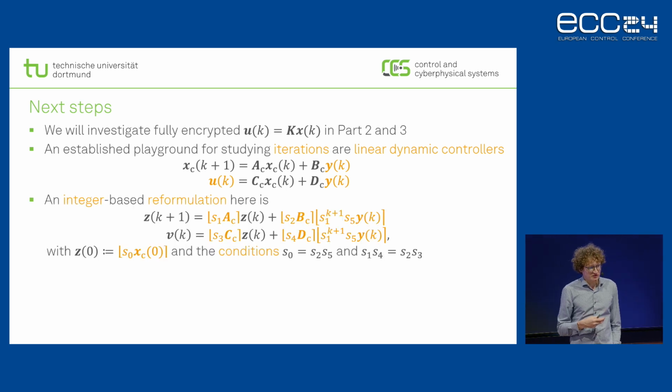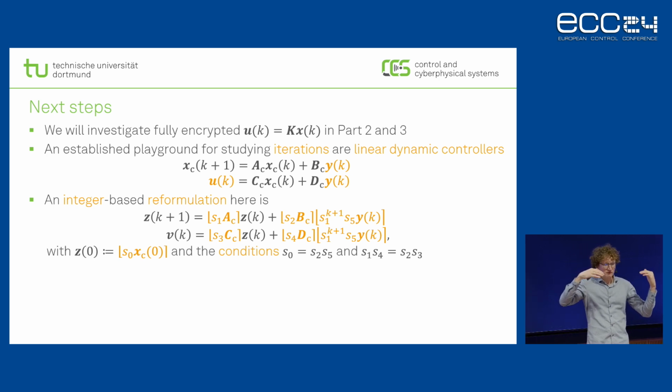Clearly, if we think about an integer-based reformulation here, we can use different scaling factors for the different parameters, but independent of how we realize it, we will end up with this issue that, similar to fixed point schemes, you need to make sure that if you add things, they are at the same scaling level, right? And due to the iteration with the A matrix, that kind of accumulates